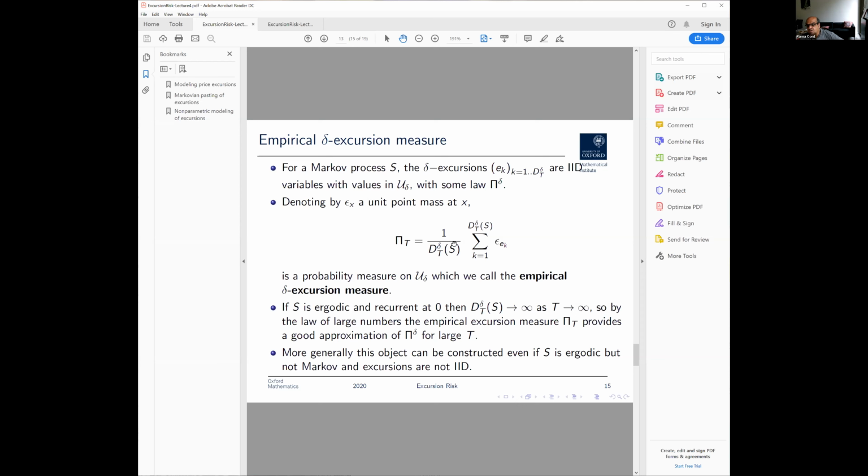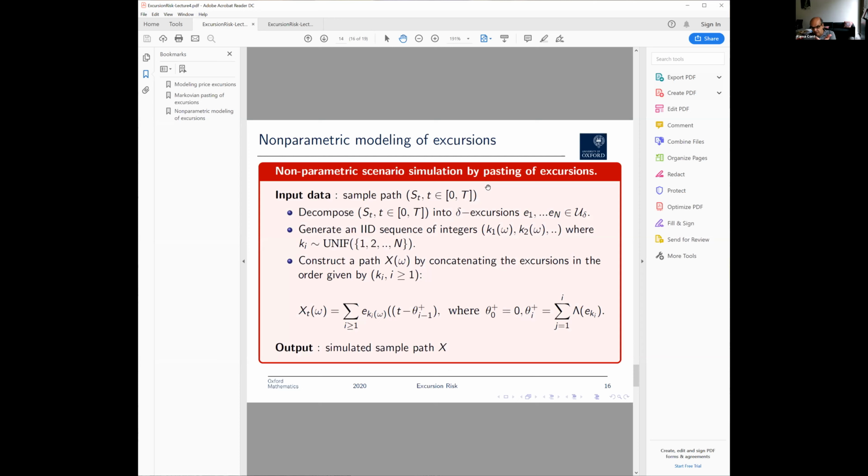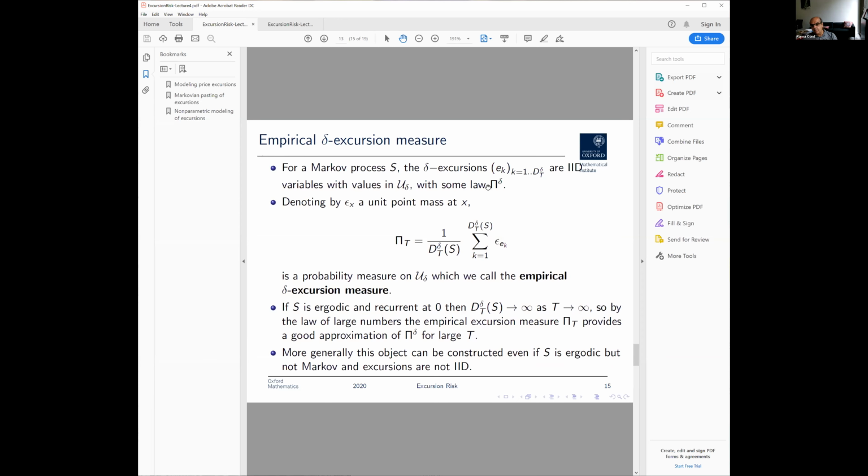In what sense does this converge to pi delta? And in general, if I do such constructions, underlying this non-parametric simulation is the construction of pi t. I don't speak about pi t in this simulation, but what I'm doing here is simulating from pi t and then pasting together. So if you look at this construction of